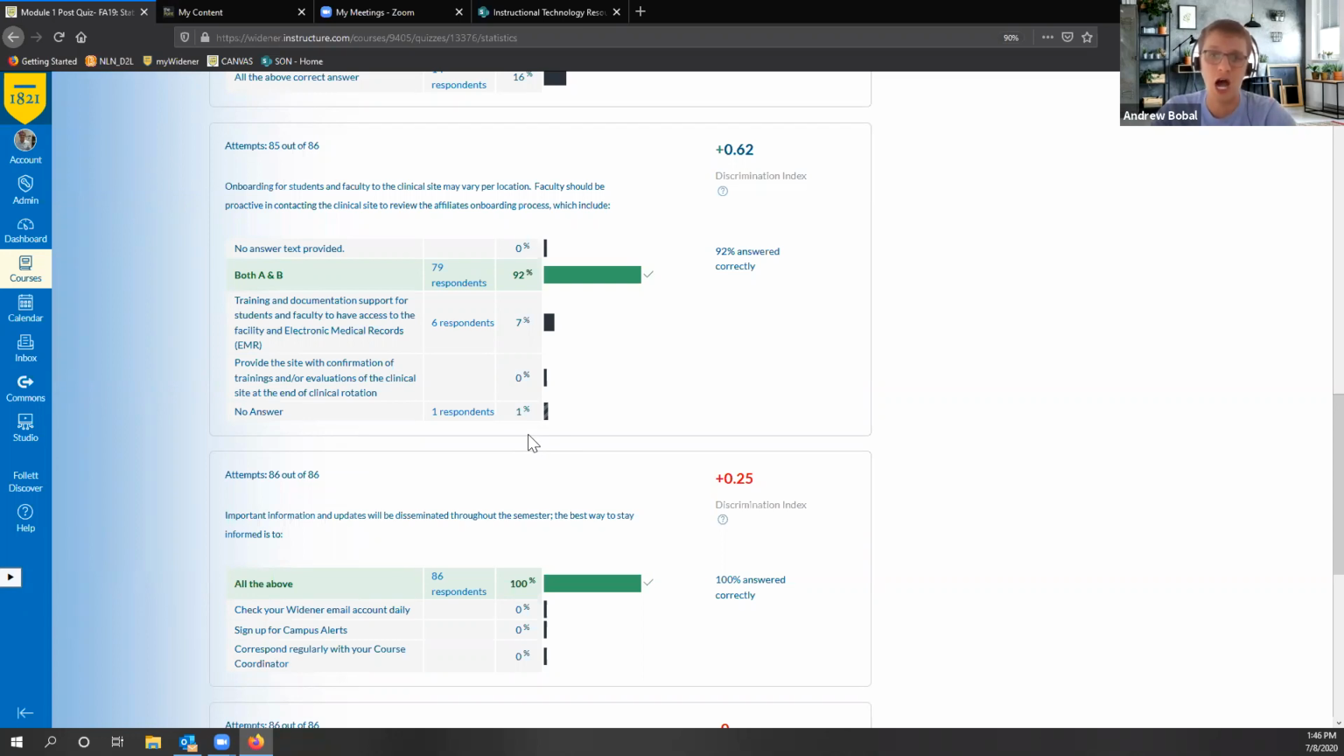So it does a really good job of kind of just capturing, especially since we're using this as kind of a low-key